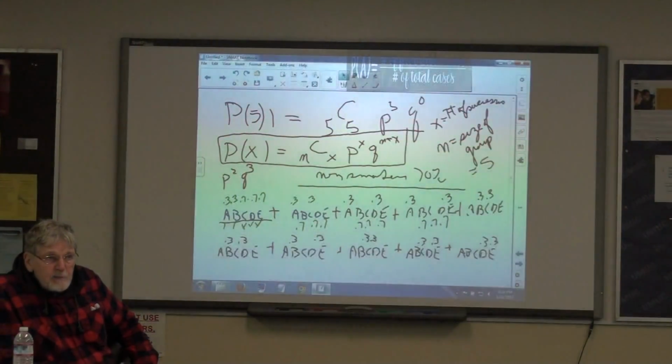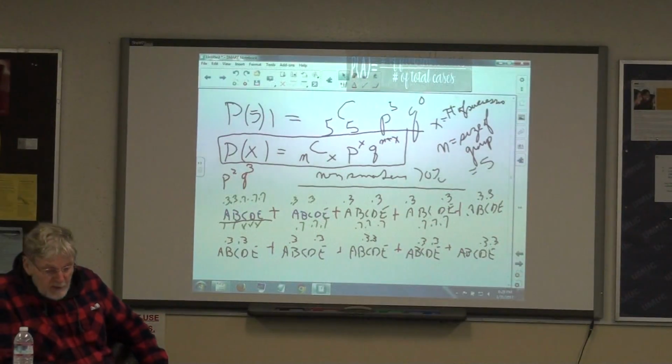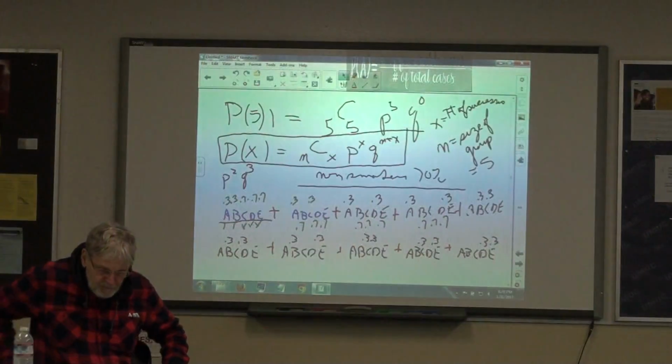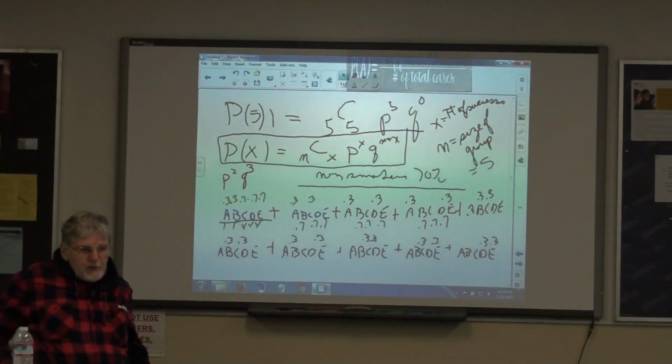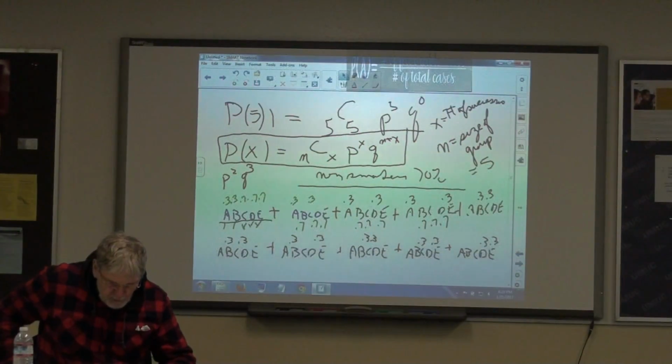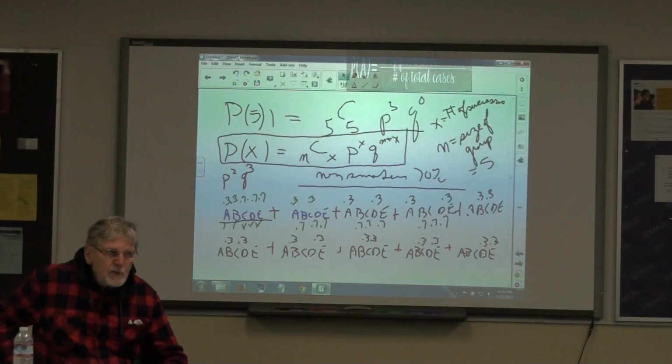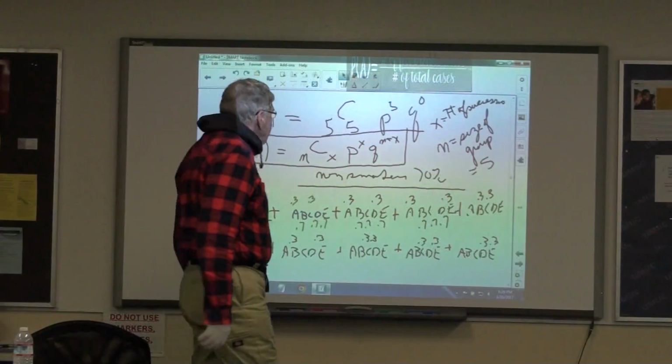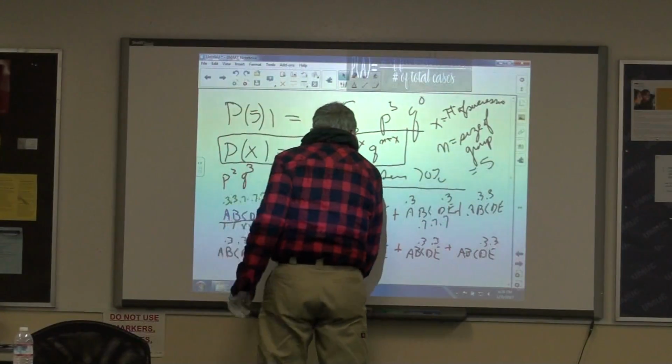So that number comes out to be what? 0.128? Good. Okay, now I'm going to ask a more general question. What's the probability of getting 2 wrong and 1 correct, no matter which one of the 3 is the correct one? So what are all the possibilities that you can have for getting 1 correct answer?